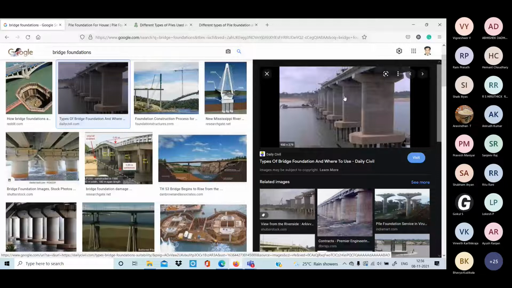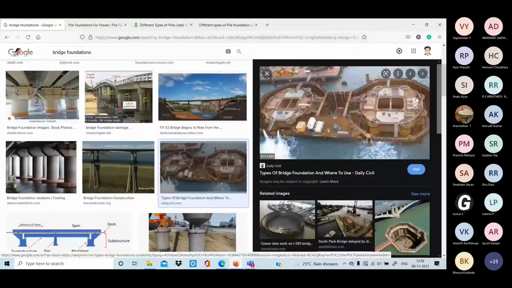If we check some pictures here, you can see how the people work. So it is a very big task. Don't think that civil engineering is a very easy job. It is very big, and it takes years to construct one bridge or a dam, because we have to manage the water, labor, cost, cement, steel, storing of all the materials, and especially the labor, and climate conditions also. Nowadays it is raining. I have seen in the news that in Chennai there was a lot of rain.